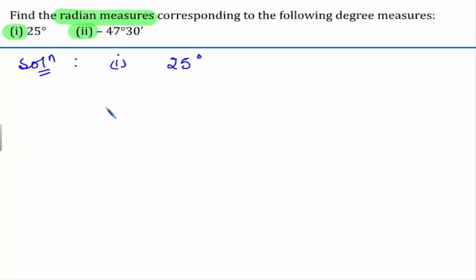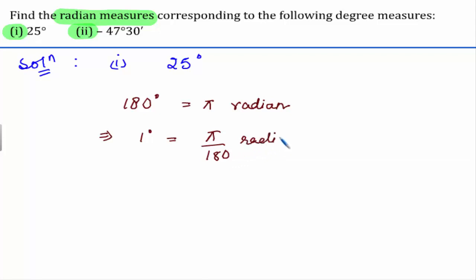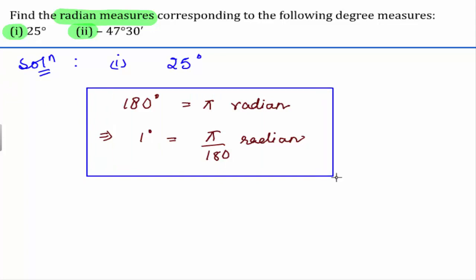Now, we know that 180 degrees is equal to pi radian. So this implies that 1 degree is equal to pi upon 180 radian. So we will be using this formula to find the radian measure of 25 degrees. Now 1 degree is equal to pi upon 180 radian implies that